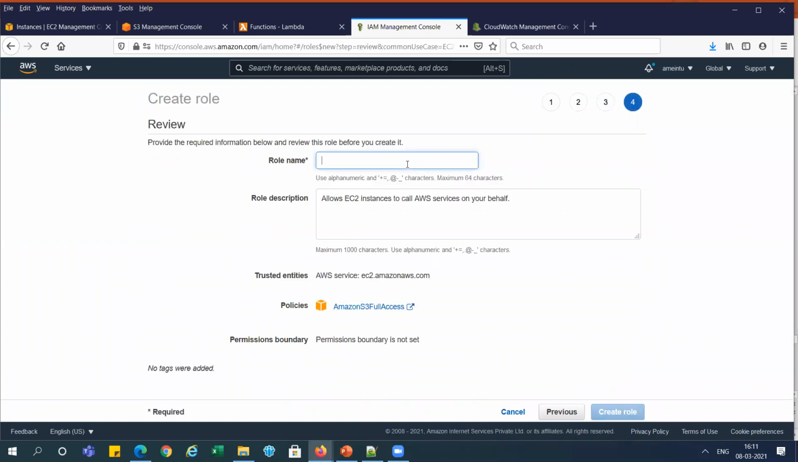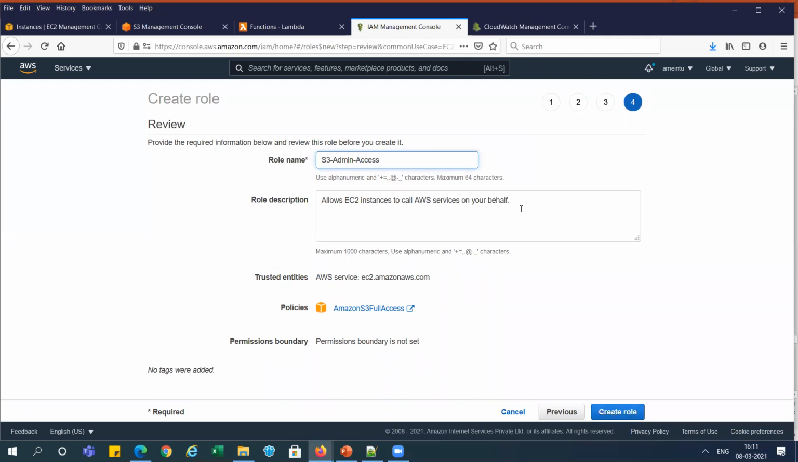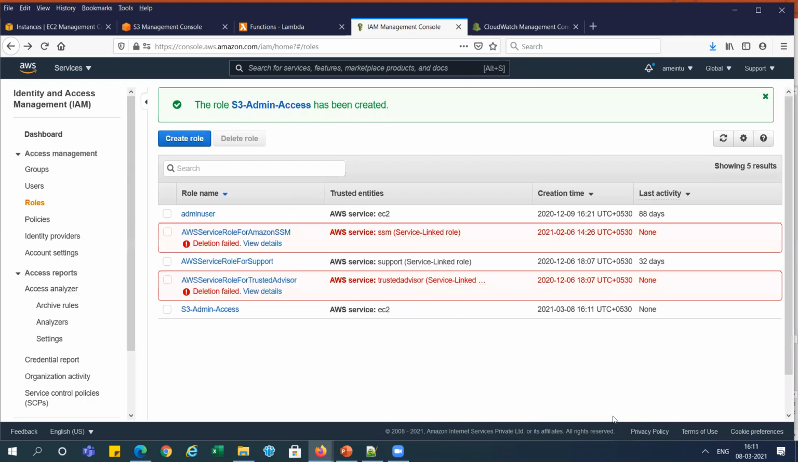Because we will associate this role to the EC2 instance, and the EC2 instance will be creating the zip file for the Pandas library and uploading it to the S3 bucket. It will upload it, right? So for this, we are doing this one, and this role is created for EC2 S3 admin access,